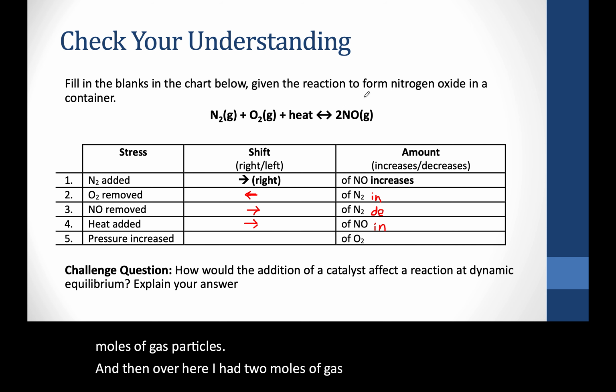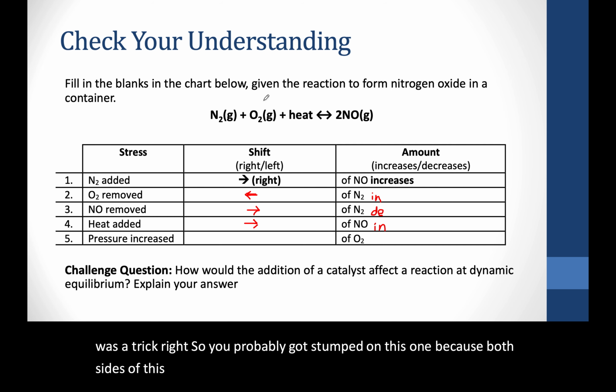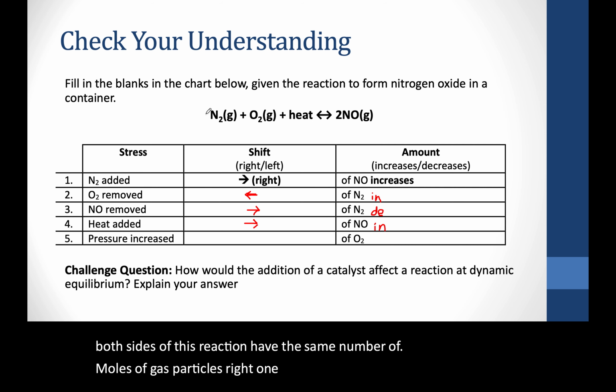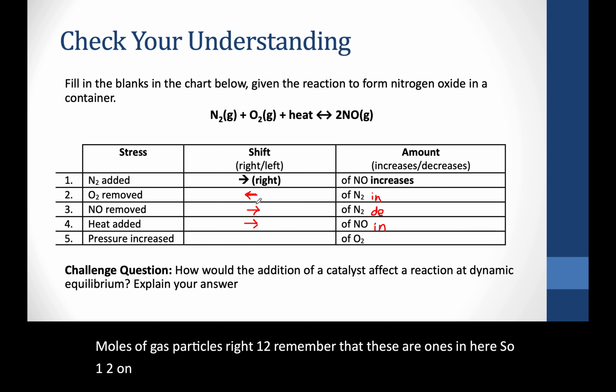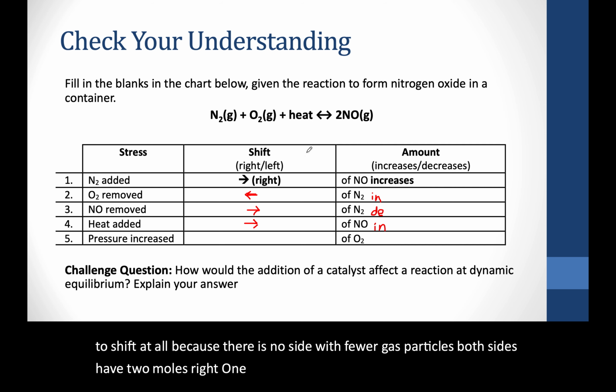Okay, so it's equal. So this one's a trick, right? So you probably got stumped on this one. Because both sides of this reaction have the same number of moles of gas particles, right? 1, 2, right? Remember that these are 1s in here. So 1, 2 on the left and 2 on the right. That means the reaction is not going to shift at all because there is no side with fewer gas particles. Both sides have 2 moles, right? 1, 2, and then 2 of gas particles. So there is no shift